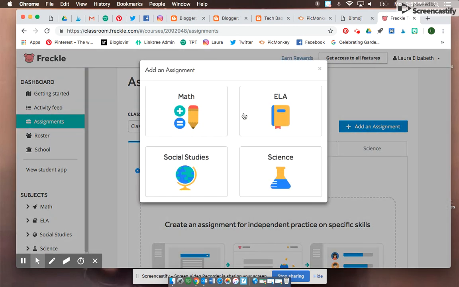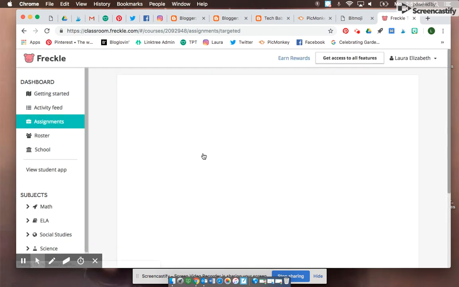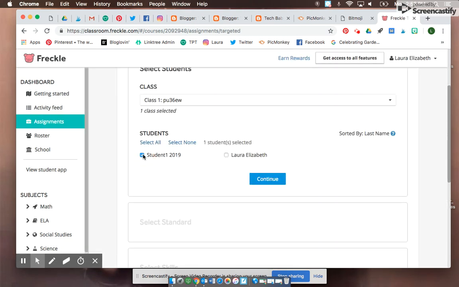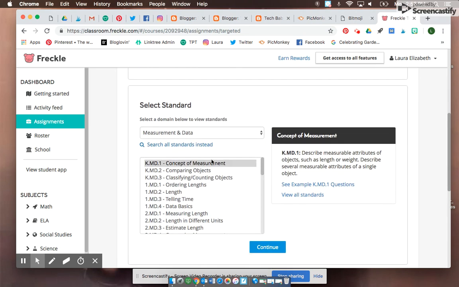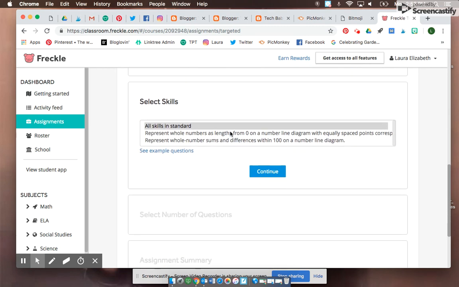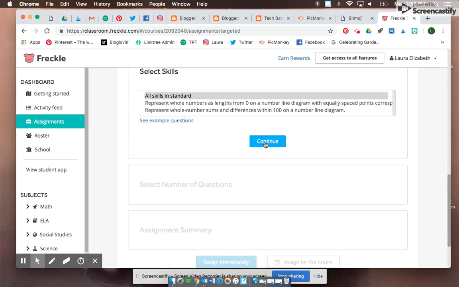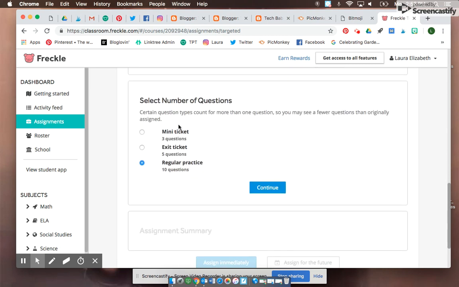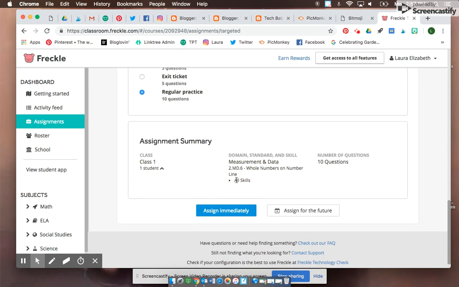When you go to create an assignment, let's say we're going to do a standards-based assignment. It's going to ask what students you want to give it to. You're going to continue. You're going to pick your standard. So I'm just going to go ahead and pick one. It reminds you what it is. Always double check to make sure it matches. Never trust technology completely. Continue. And then do you want all the skills in the standard? Absolutely. How many questions do you want? You can do a mini ticket, an exit ticket, or you could do the 10 question practice, which is what I like to do for the station. And continue. And then there's your assignment summary, just make sure you're good,